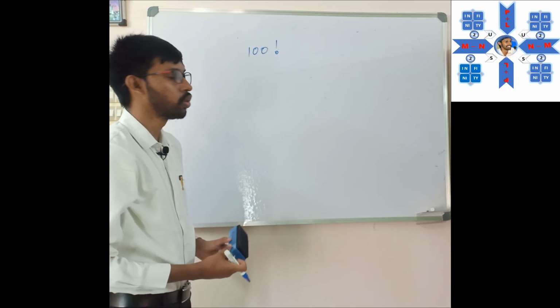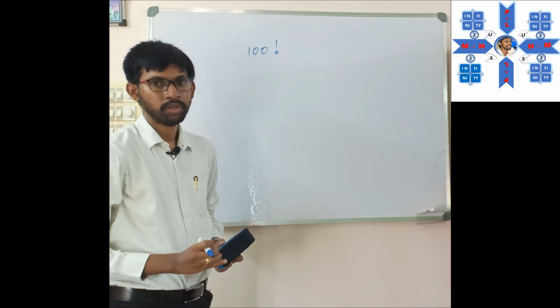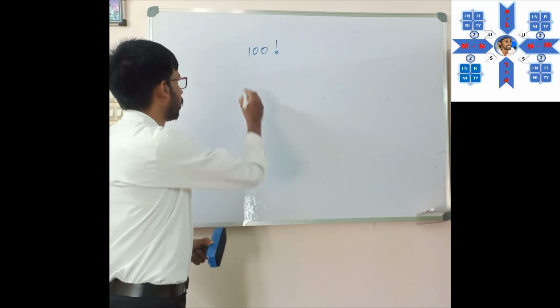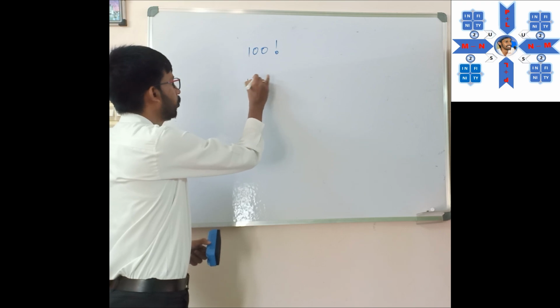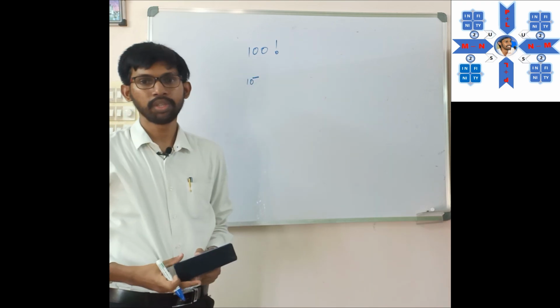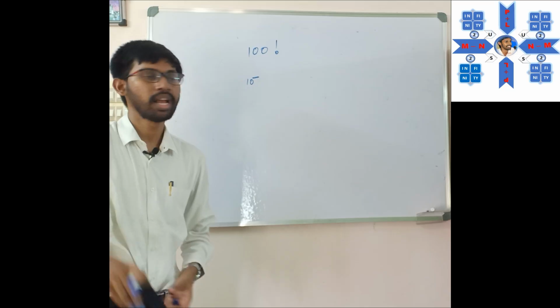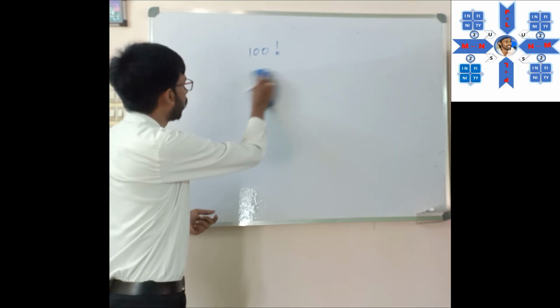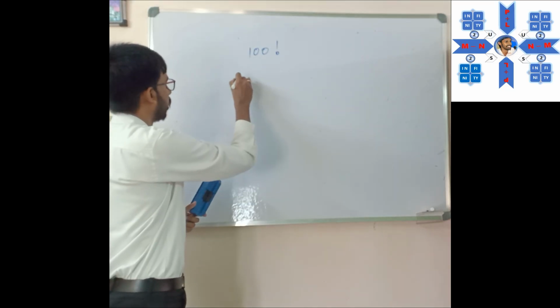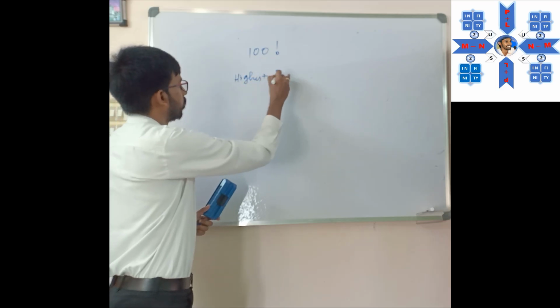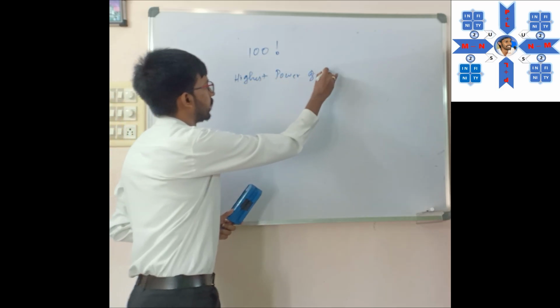Identify the number of zeros at the end. It must be in terms of 10 power something, only then it can end with zeros at last. So what we are supposed to find is the highest power of 10